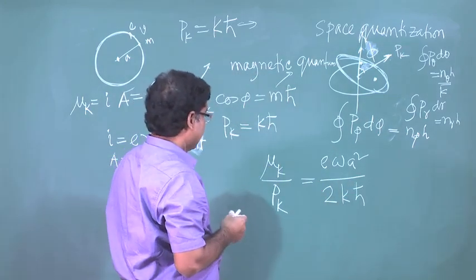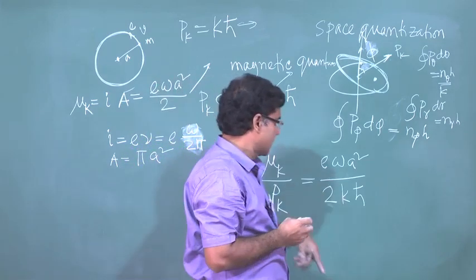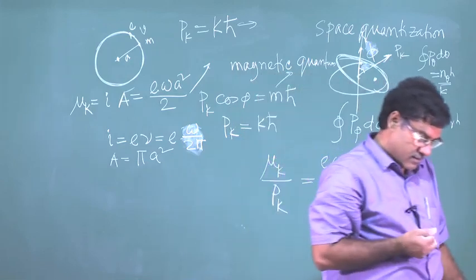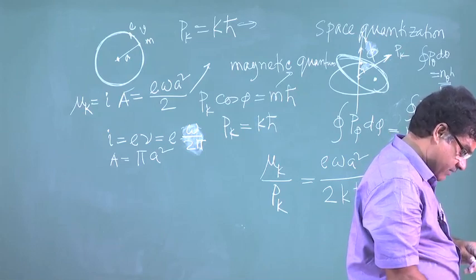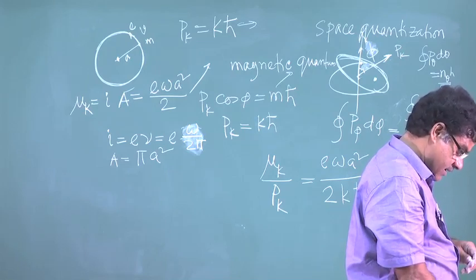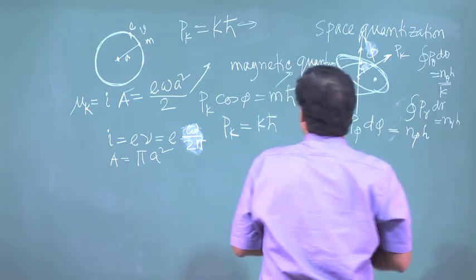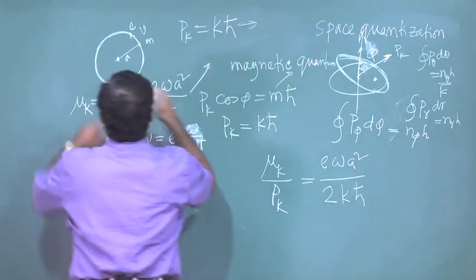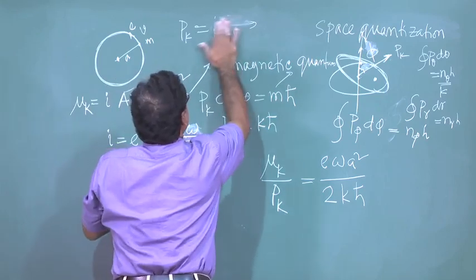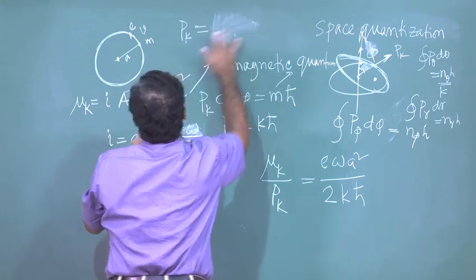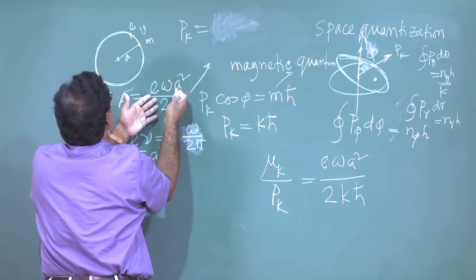Now, from here we would like to find out cos phi equal to m by k. I can also write pk in terms of angular momentum. Since mu k I have written in terms of omega and a square,